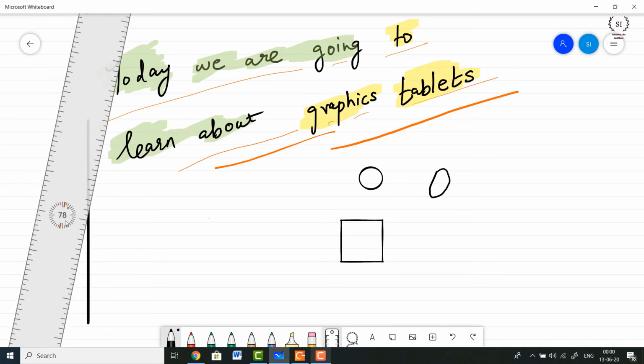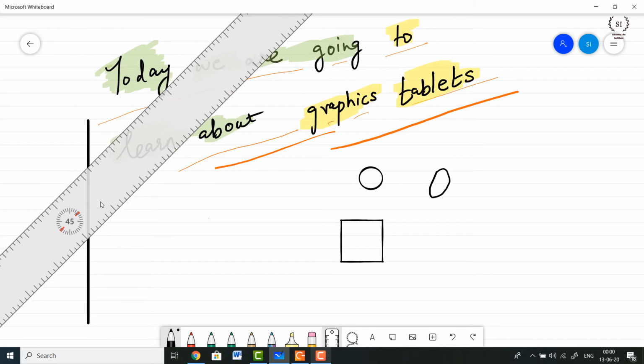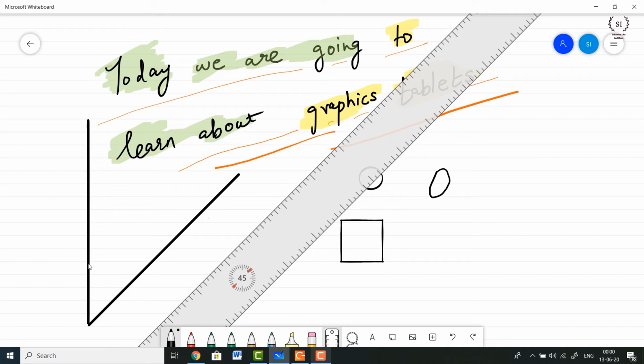Similarly, if I change the angle to 45 degrees over here, and then I wish to draw a line from this point, that is the vertex, I could do so easily with the help of this tool and my stylus pen. So now keep your pen over here and draw a line. So this line is made with reference to the scale, and now this particular angle would be how much? You can easily calculate that this particular angle would be 45 degrees. Okay, so this is how you can easily draw figures, especially for mathematical subjects, with the help of this tool, which is called Microsoft Whiteboard.